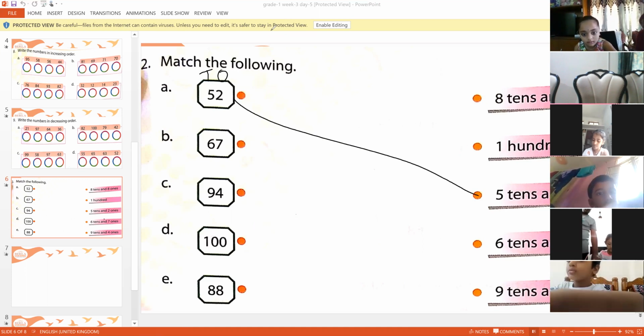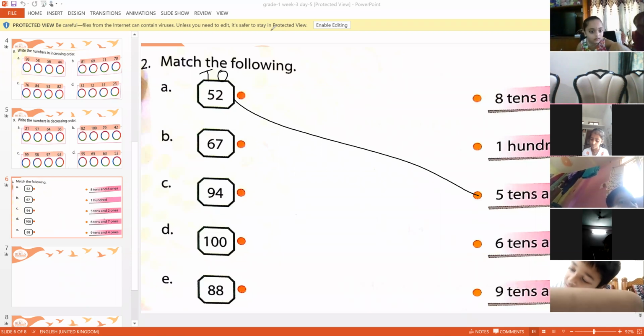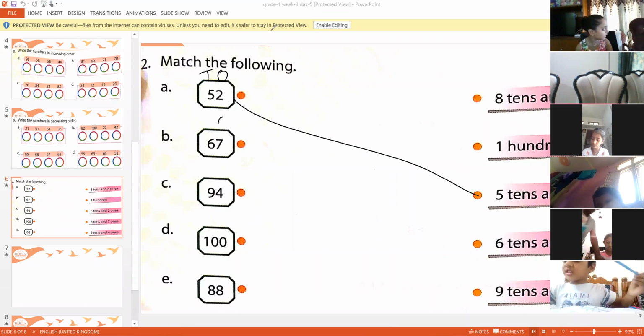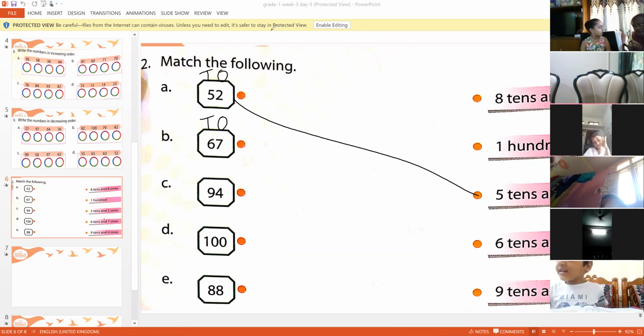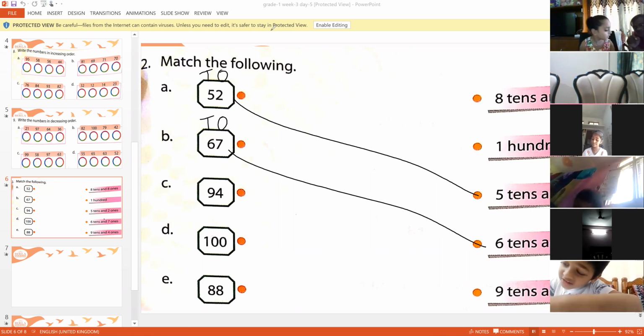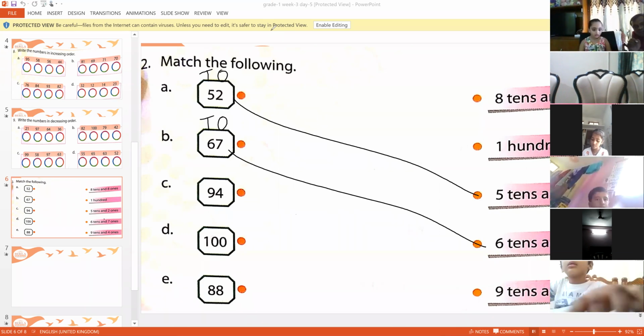Children, I am matching here. Please, you also check your answers. 5 tens and 2 ones. Sai Ritvik, now you tell, answer for bit number B. How can you write the number 67? In ones and tens form, what is the number in tens place? 6 tens and 7 ones. Very good, Sai Ritvik. Children, please keep on checking your answers and match your answers also, okay?